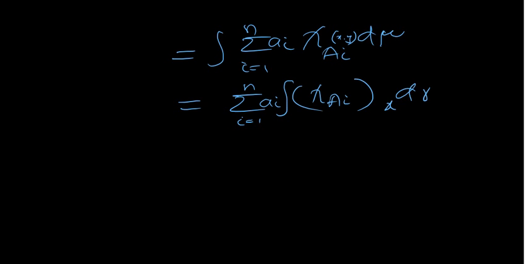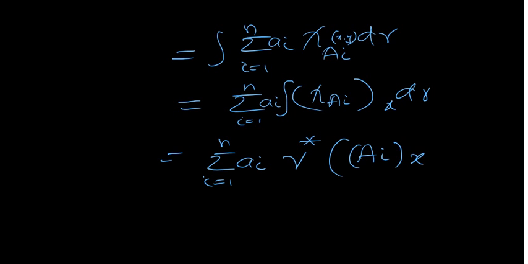It is d nu here, it's not d mu, it's d nu here. Okay, and this is equal to the summation i runs from 1 to n of a i, and this is actually the measure nu star of